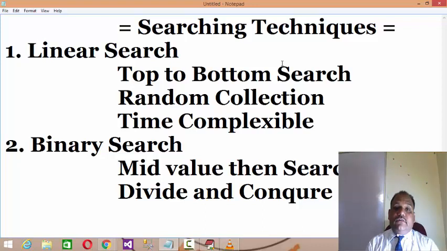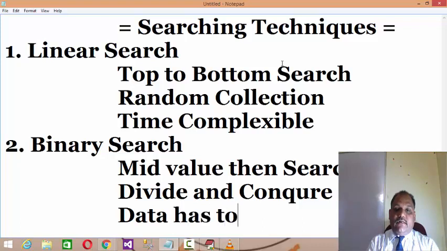But in such situations, obviously the data has to be sorted. So these are the two types of searching techniques we have, that is linear search and binary search. Let us discuss one by one.